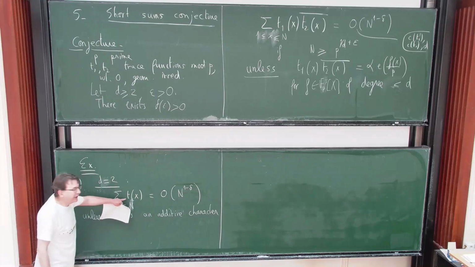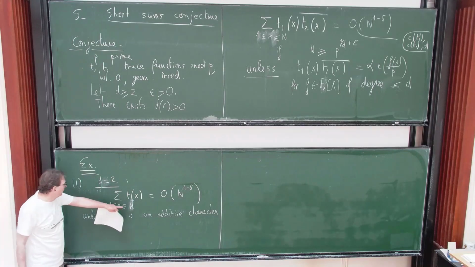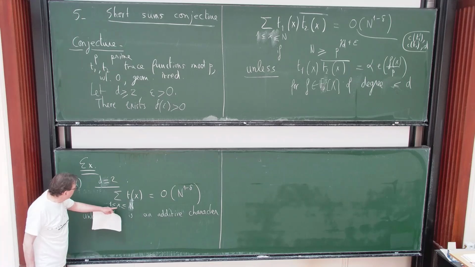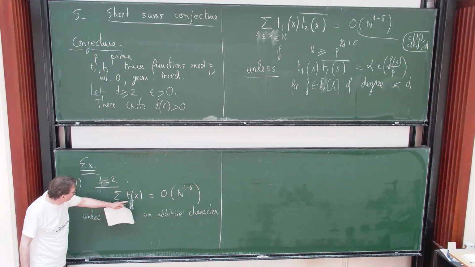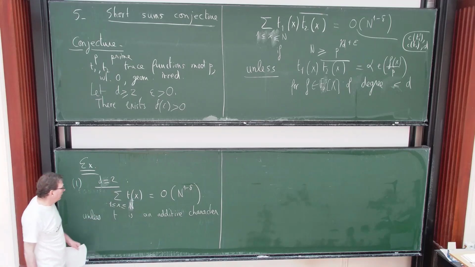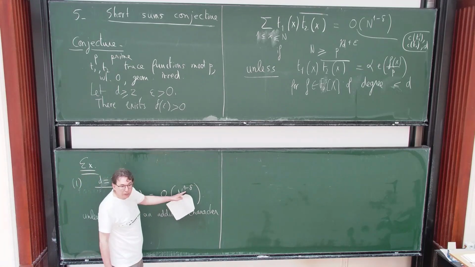So if you take a multiplicative character, that's not an additive character, then that tells you that the sum of k of x for x from 1 to p to the 1/2 plus some epsilon is big O of this thing to some small power,